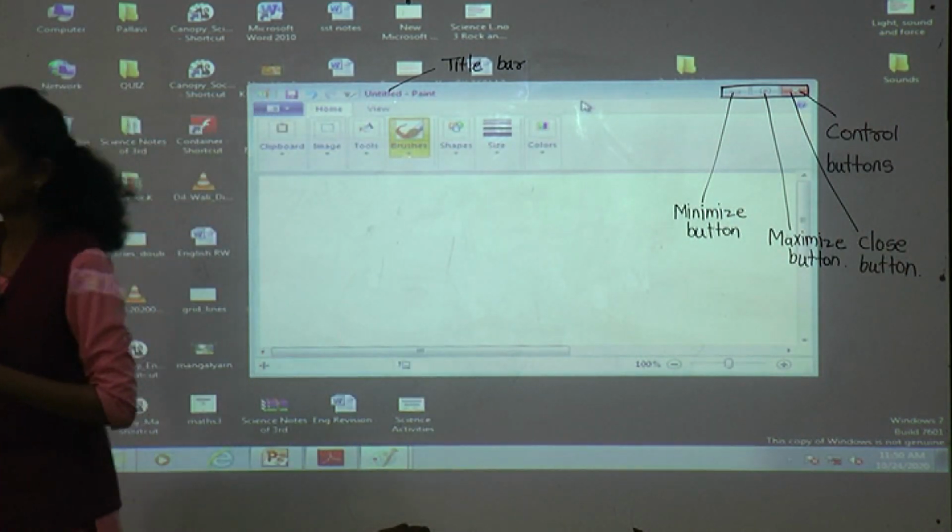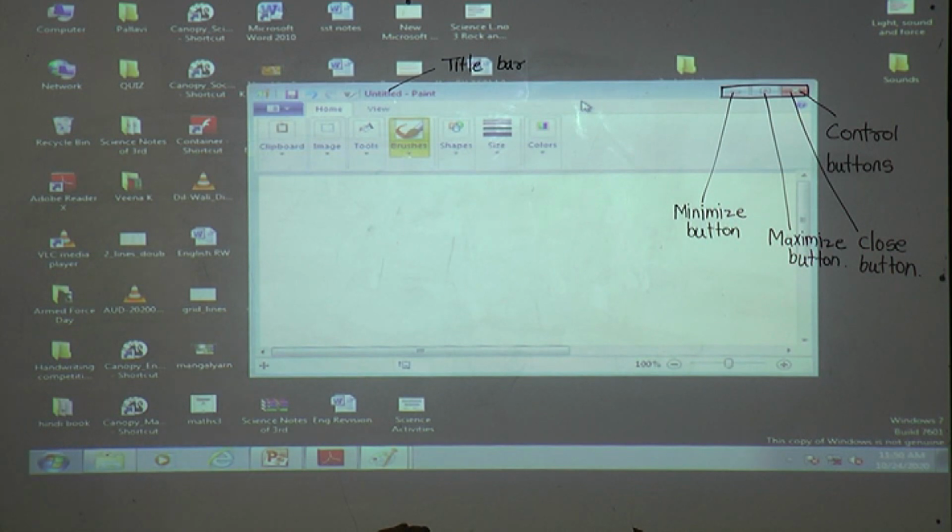What is meant by minimize? Same like notepad window. If you want to minimize the window, means make it small, a small size window, then we can use the minimize button.